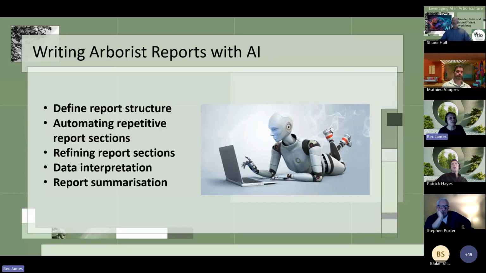And AI is really useful in this respect to help refine that information. We can also use it to interpret the data that we have collected. And again, it's really good at summarising the report, so assisting with the development of your executive summaries and your conclusions.